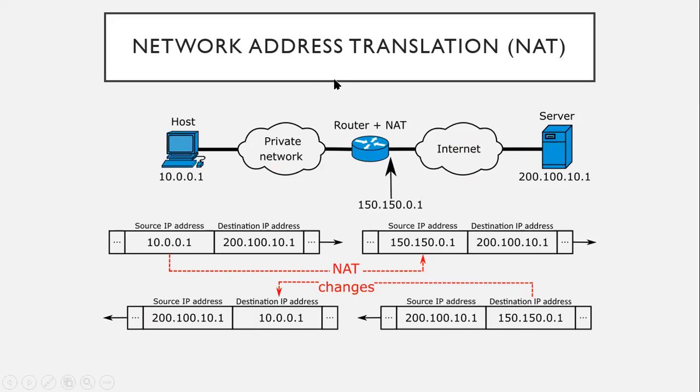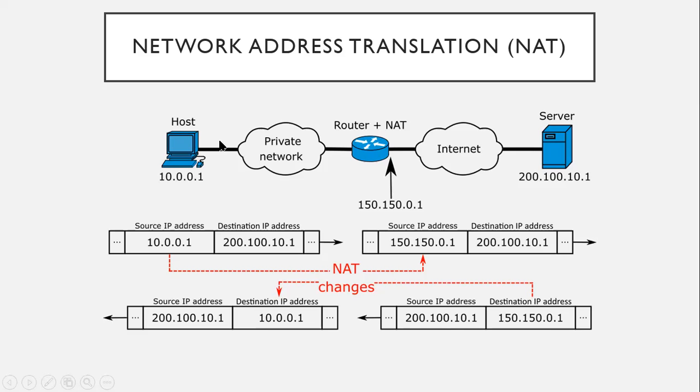Now, it is used in conjunction with your network address translation, or the NAT. Again, the NAT extends your IPv4 addresses, because remember, IPv4 addresses are limited in the sense that only 4.3 billion IPv4 addresses are available, and we have 7.4 billion people. So one way to extend your IPv4 addresses is to use the private IP network address in conjunction with your NAT.